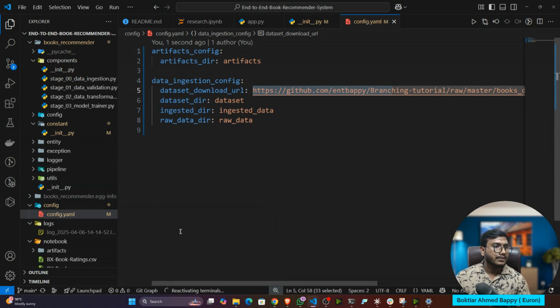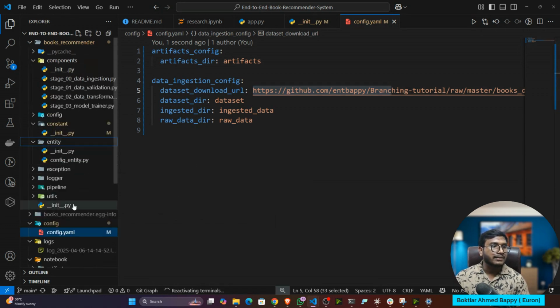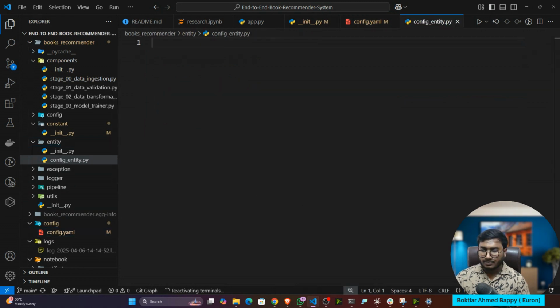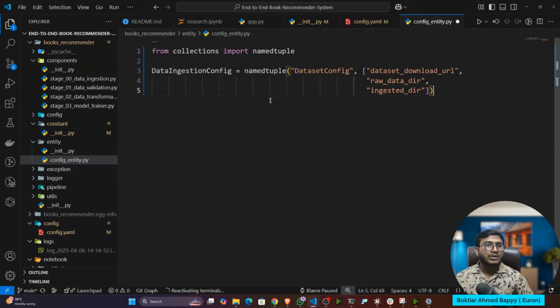Okay, fine. Then after that, you have to write the entity. So what is entity? Entity means it's a return type, a return type of a function. Let me show you. So let's say after doing the data ingestion, what are the 3 outputs you will be getting?